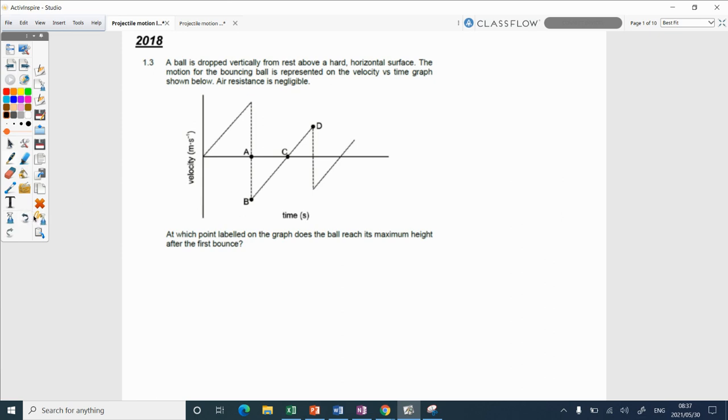So, okay, let's get the rubbish out of our way. The rubbish answers would be B and D, because there's a velocity there. The question says, at which point does it reach a maximum height? So what do we know about maximum height? V top is 0. Yes, we know it's 0. So if you were doing this in the exam and you weren't sure, you would have scratched out D and B. So when you come back to it, 50-50 between A and C. Happy with that? But now which one is it?